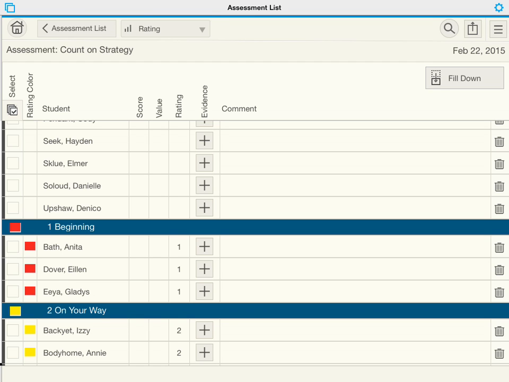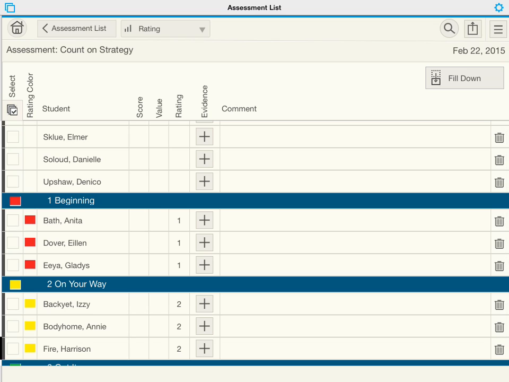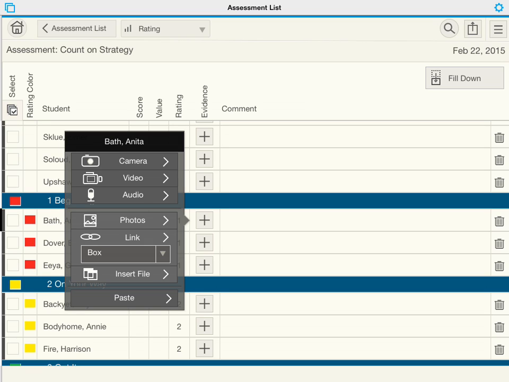Now, once I have my general assessments all completed, or as I'm going around, I can add evidence. So the little plus sign right here beside each person's name, I'll click on the one by Anita Bath. It brings up a little menu, and from the menu I can access the camera for taking a picture, the video to do a video, audio, or I can access photos on this iPad, or I can access a link from any kind of cloud storage space, or I can insert a file, or